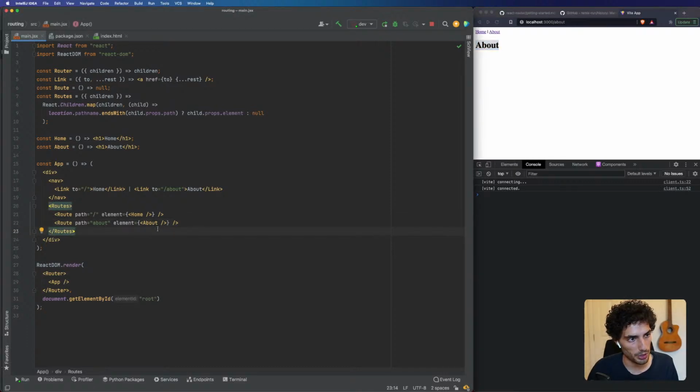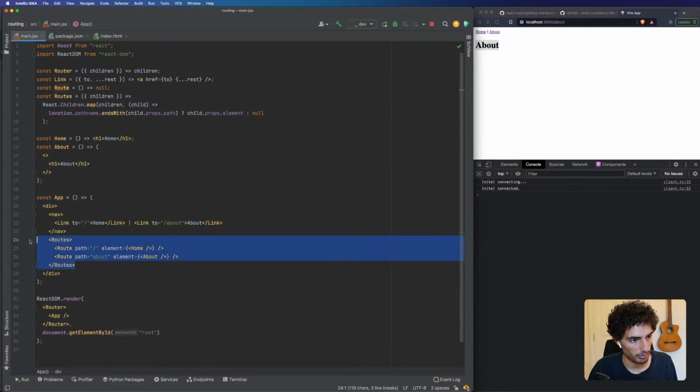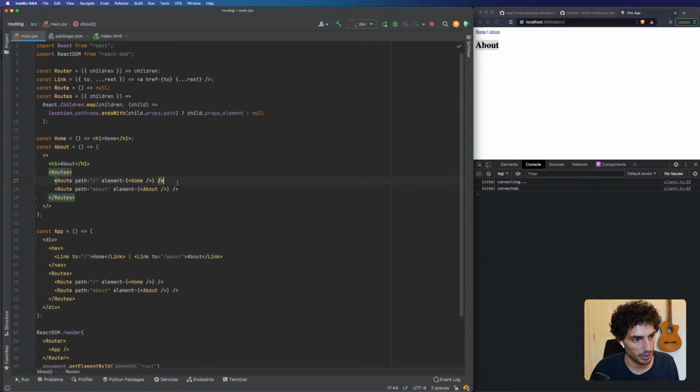And that's pretty much it, I think. One final thing I actually want to try is, can we quickly just render, very naively again, another roots component here? How does that work? So let's just do slash test and slash. Well, I guess what you could do here is about slash test and about slash